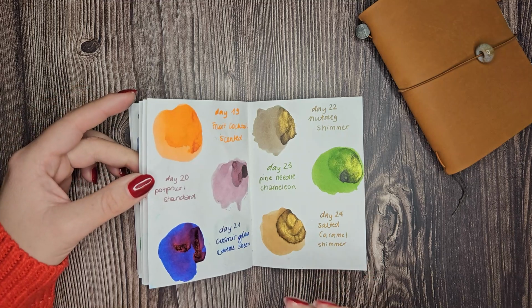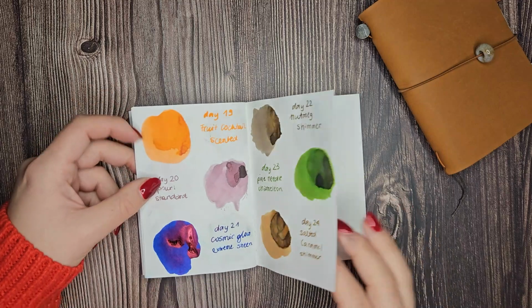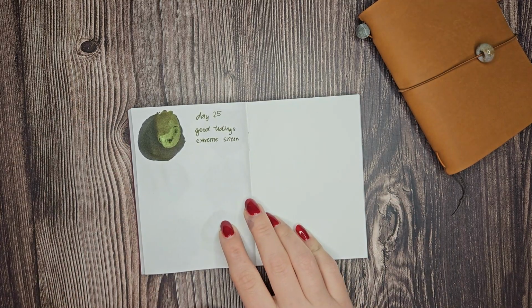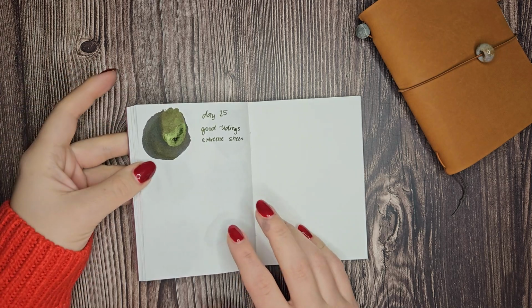I love my browns, I love my greens, I love my grays. I just love all of these. And today's ink, Good Tidings. I have to say I am happy that it is not as extreme of a sheen than the other inks were,